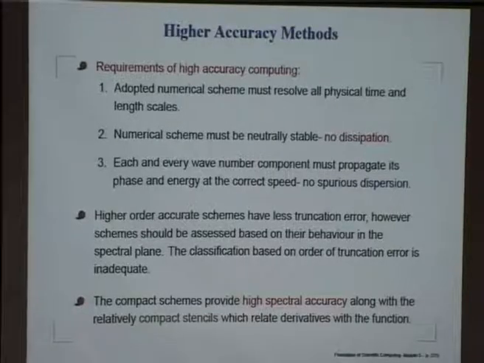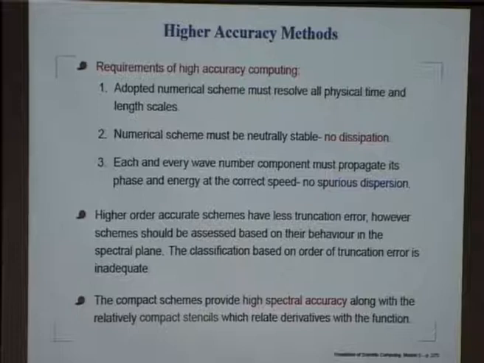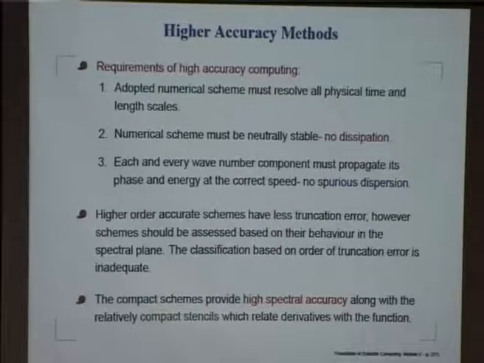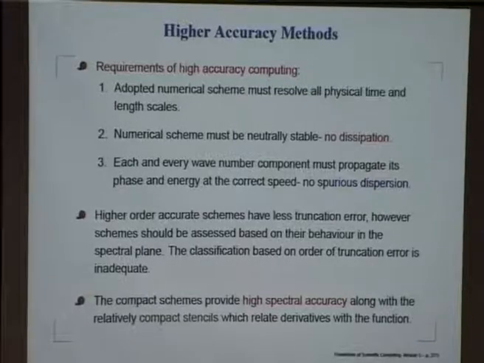Higher order schemes, by now we know, have lesser error, so we always try to develop higher order schemes. But as we propose to show in this module of the course, higher order is not synonymous to accuracy always. What should be attempted is to classify methods based on their behavior in the k space,